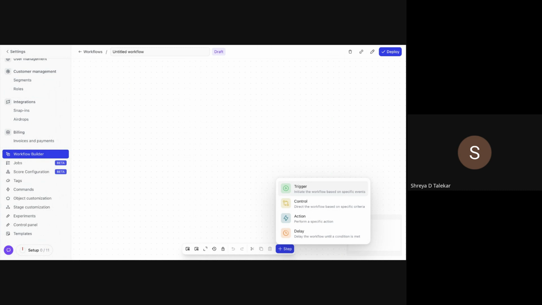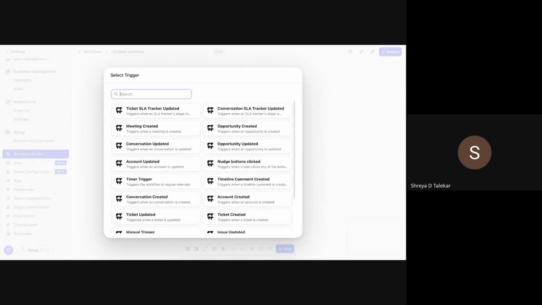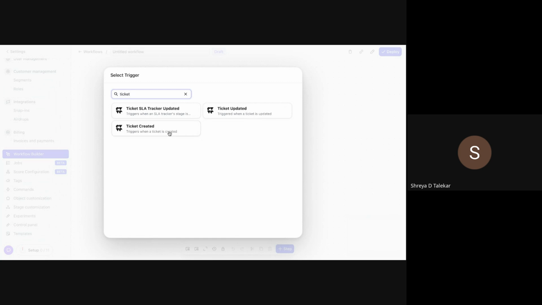So let's say I want to create a workflow where whenever a ticket is created, I would want it to summarize the description and the title for me to better understand the context of the ticket, and also send a comment to the customer saying, you have created a ticket regarding so and so, and we will be looking into it. Thank you for your patience, or something like that, right? So let's see how you can set up that particular workflow here. For that, I will select the trigger, and my trigger in this case would be ticket created. So let's search for ticket created,